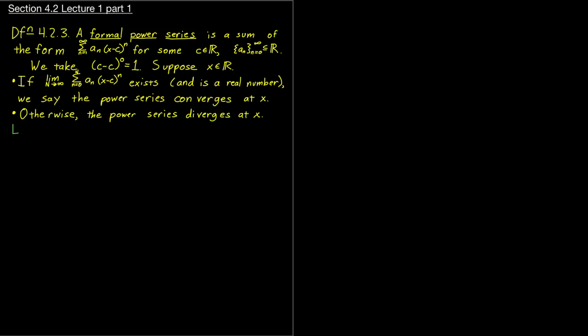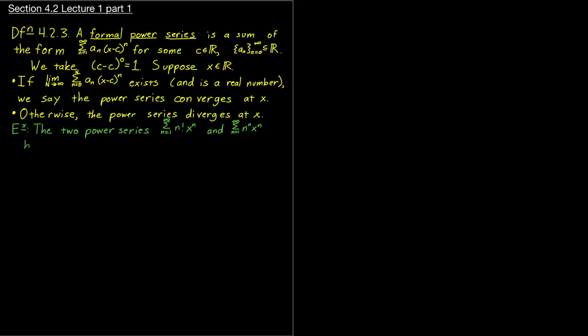And let me give you one example to illustrate what I mean by formal power series. Let's look at these two power series. Let's start at 1. You can start at 0 and replace n by n minus 1 if you want. So n factorial times x to the n. N factorial, you'll note, is getting bigger and bigger. And this other power series, n to the n times x to the n,